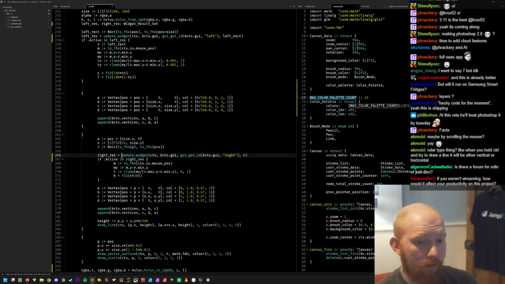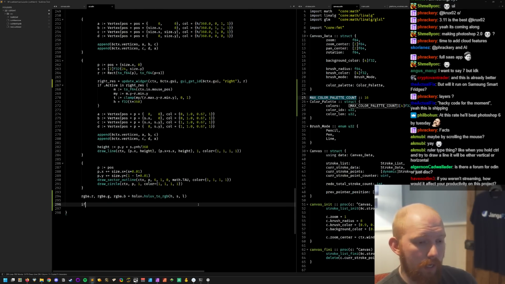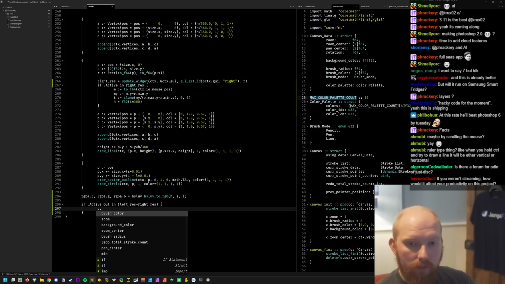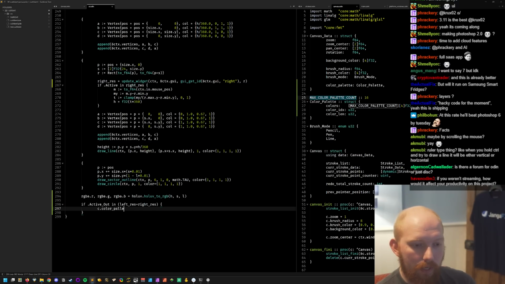So then we can do it on the end here, just add them together pretty much, left res and right res. If active out is in either of them, then we need to add it to the palette. Okay? So that'd be the canvas, color palette,